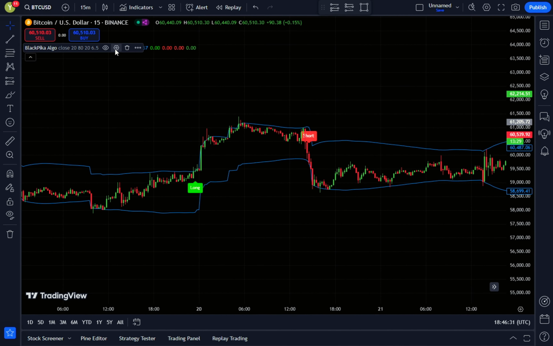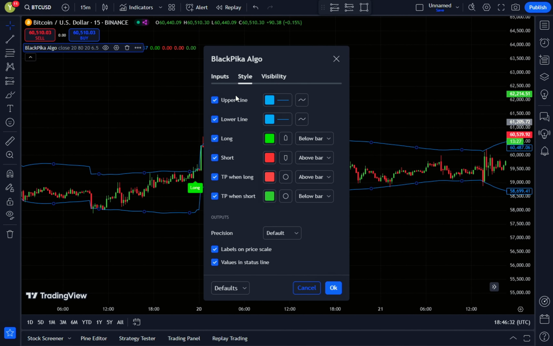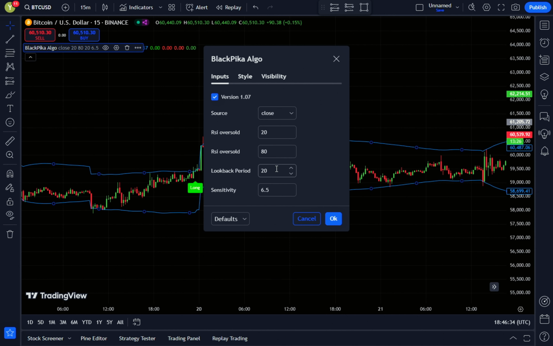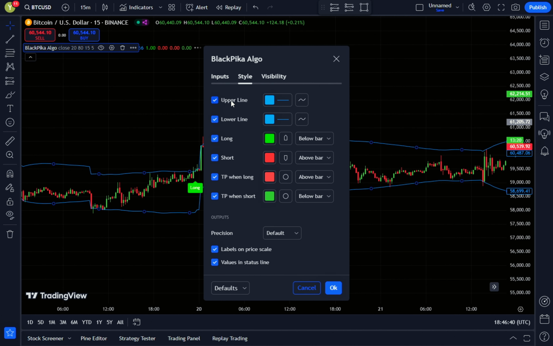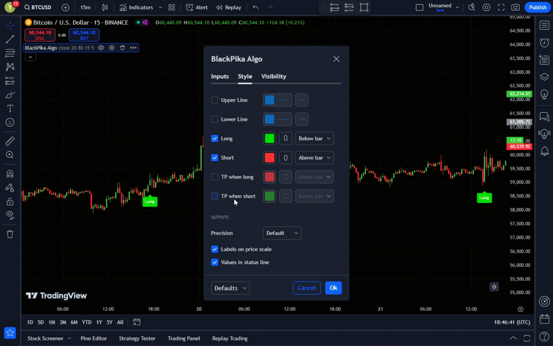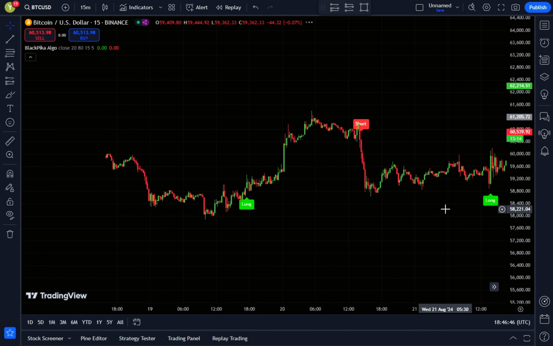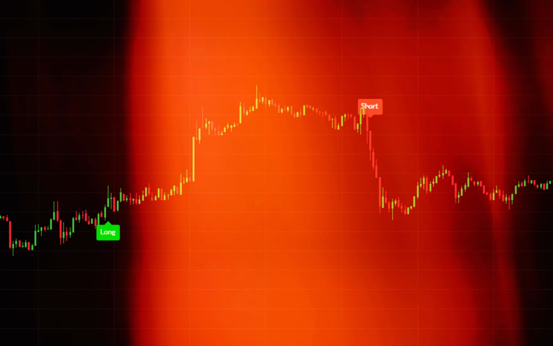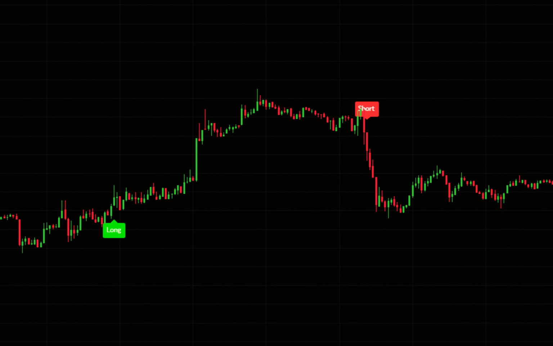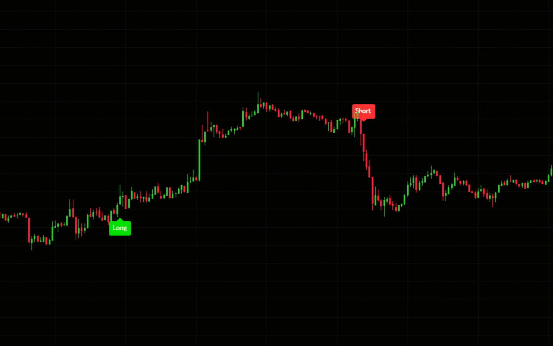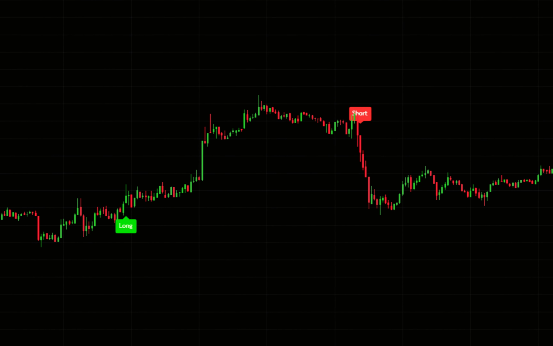After that, adjust the settings on the BlackP indicator. In the Input tab, change the look-back period to 15 and set the sensitivity to 5. Then go to the Style tab. In the Style tab, uncheck the boxes for the upper line, lower line, TP when long, and TP when short. Once done, simply click OK to confirm the changes. This BlackP indicator will guide you in placing orders in the market, where you only need to follow the signals